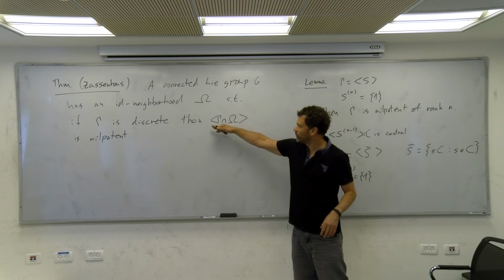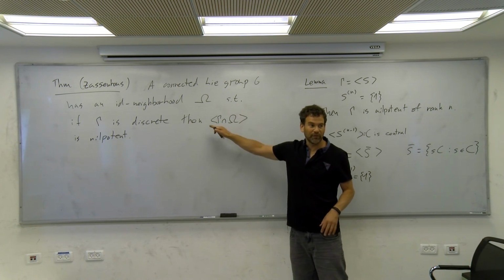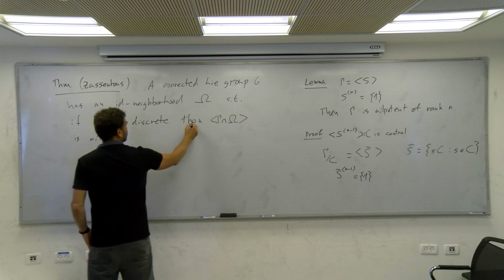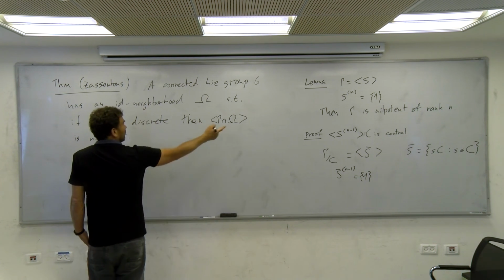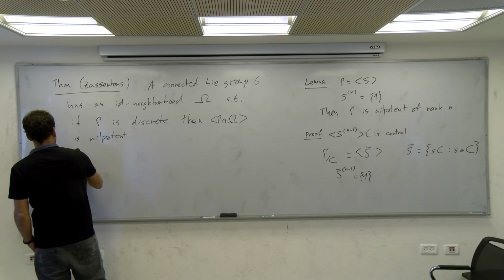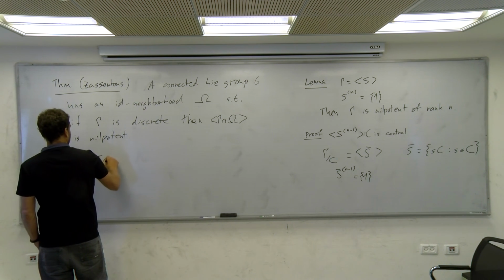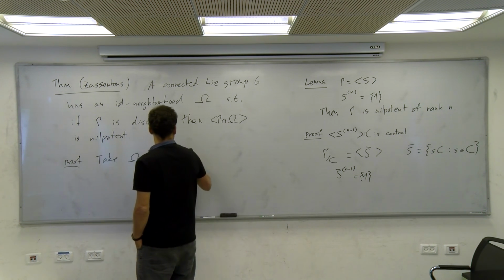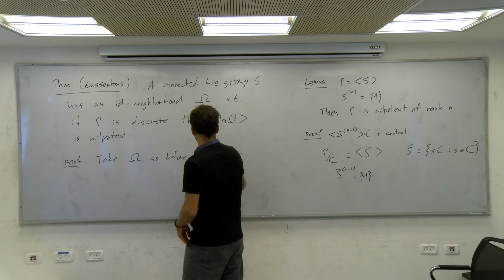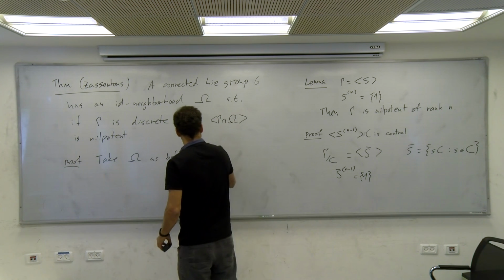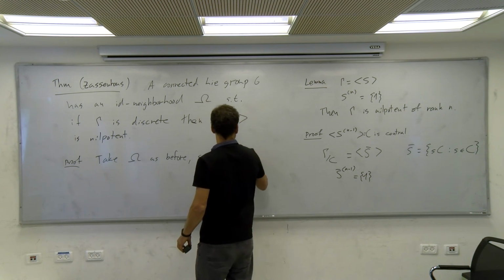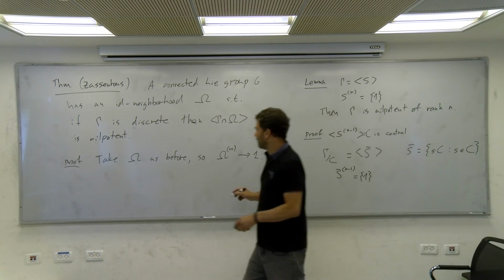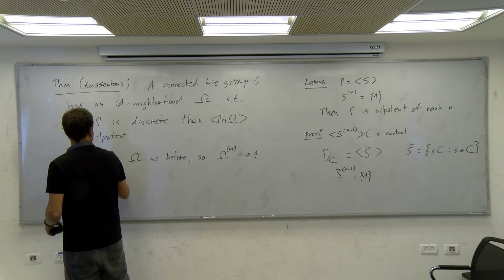And for the first application, I will not need it. I will only need this, so it's much simpler. And why is that? By the lemma proof. Take omega as before. So omega to the n goes to the identity. It never gets there, but it's going. And this implies that